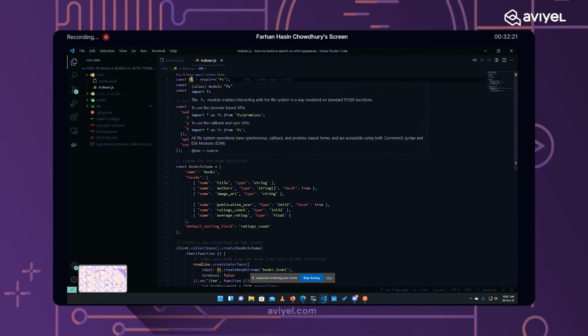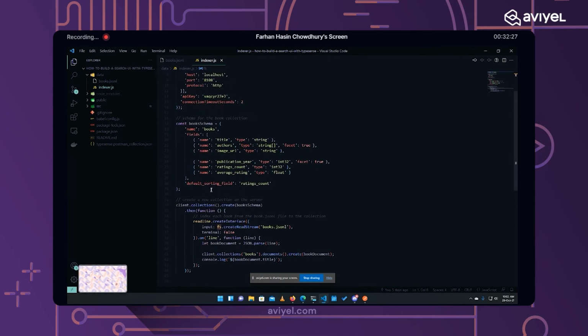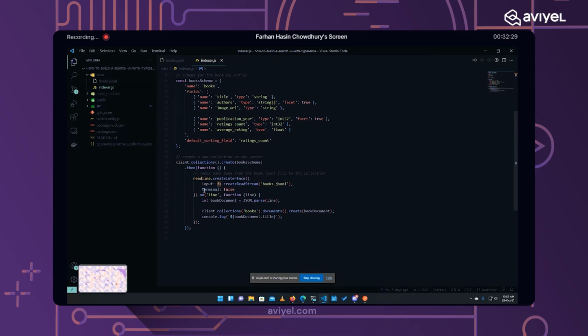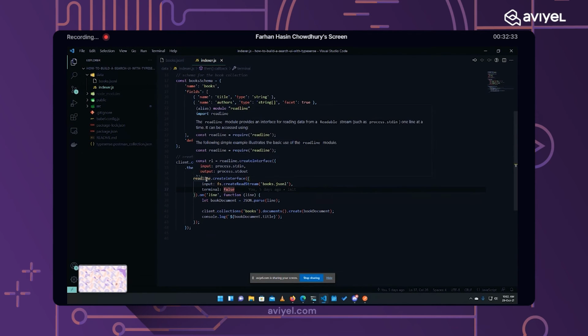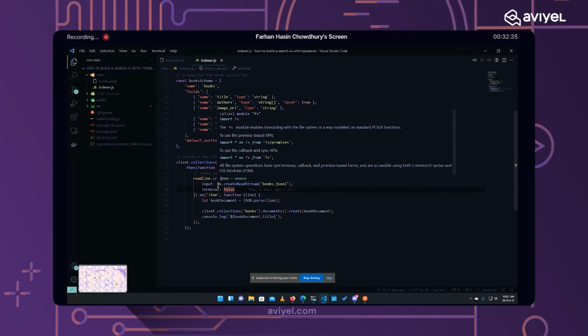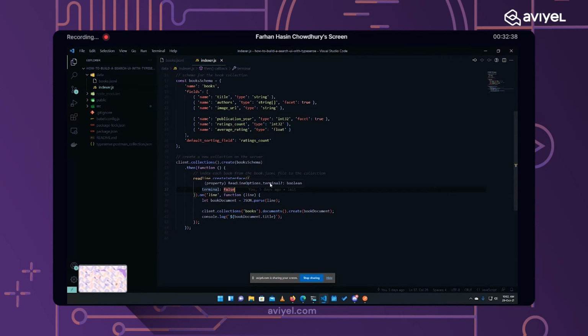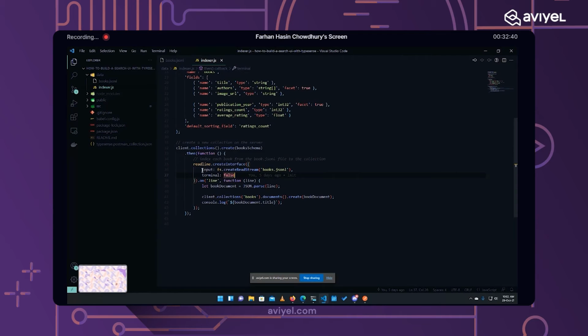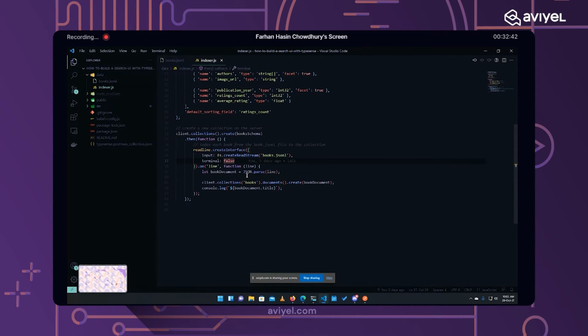It's another built-in module within Node.js, and you can read about it in the Node.js documentation. We are setting terminal to false so that readline doesn't treat it as a TTY. Again, it's a little complicated to explain, but that's not important here.